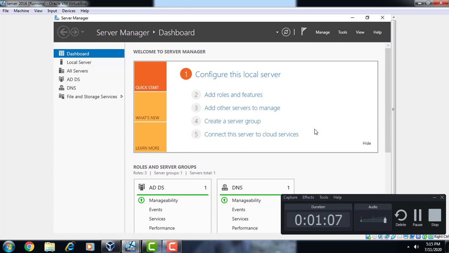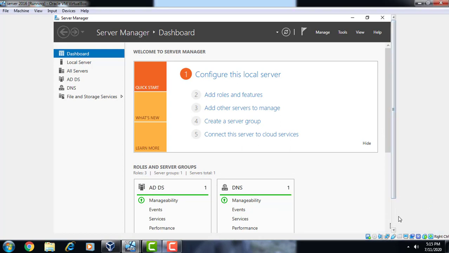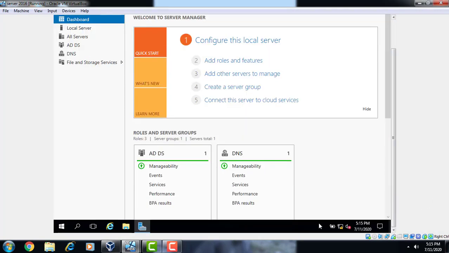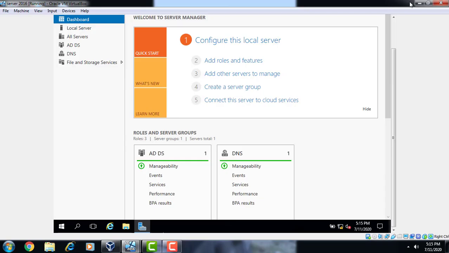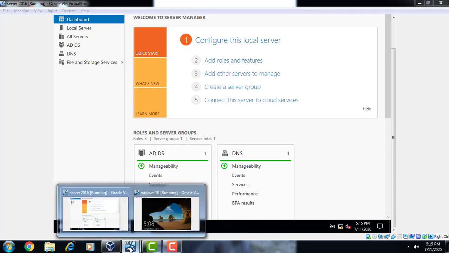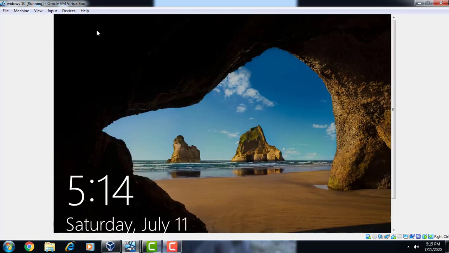So let's start the practical. As you know, we have another client, Windows 10, and we have already created one user.